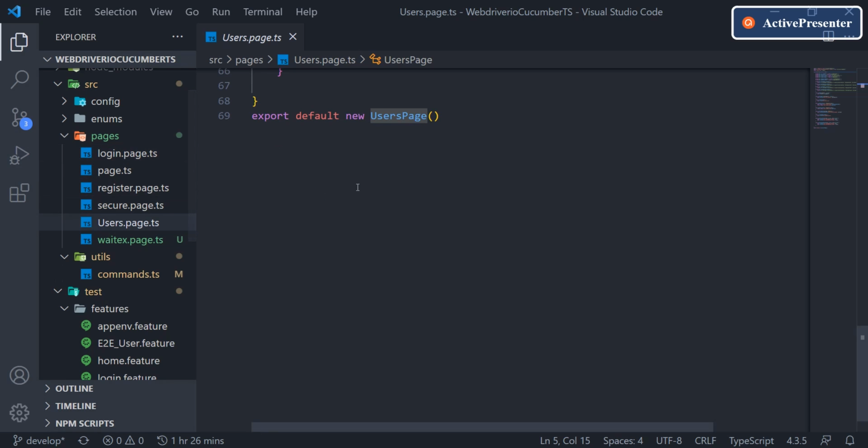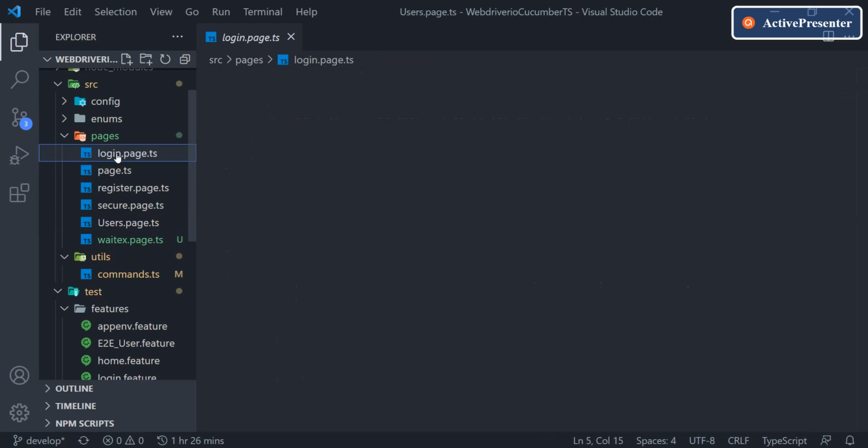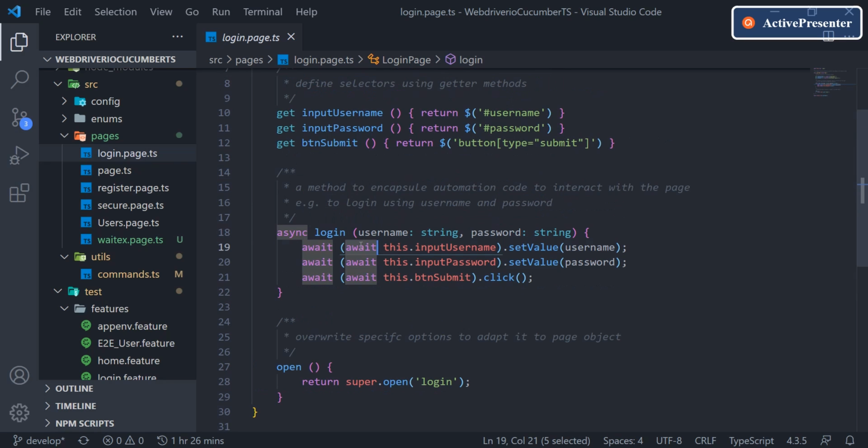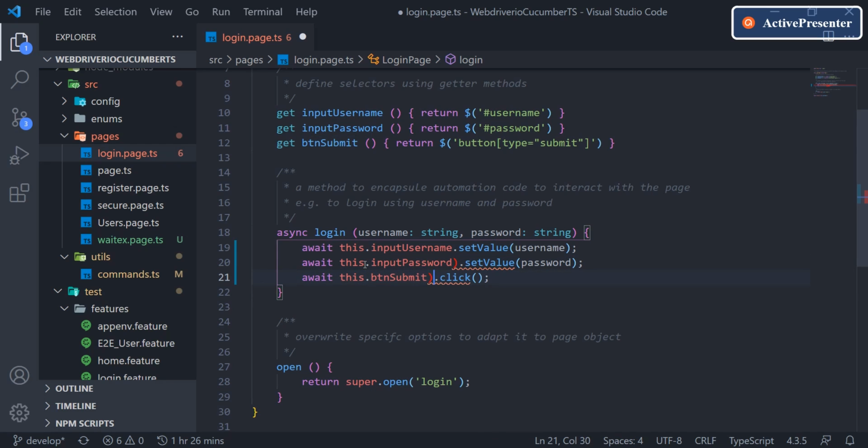But let's check one by one if we have used multiple awaits in any other places in our page class. Let's remove this. This login page was created as a default test case, and we have multiple awaits here, right? Which is not required. So what will be there? A single await. So let's just update that, fix the changes. That is, your code will look like this.